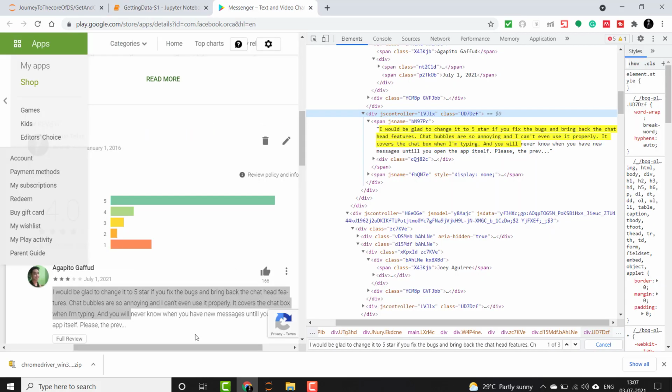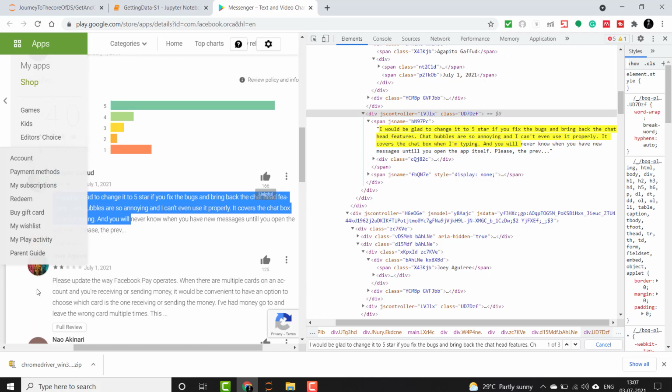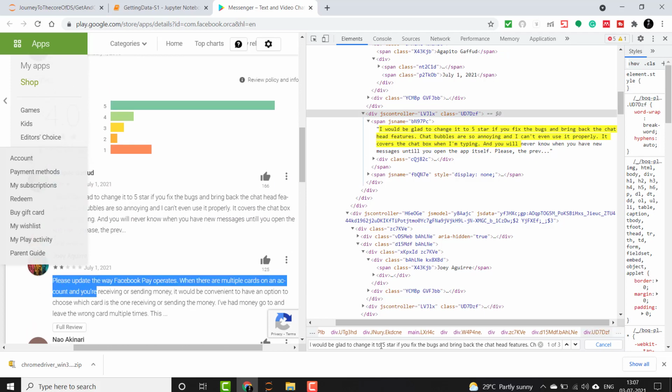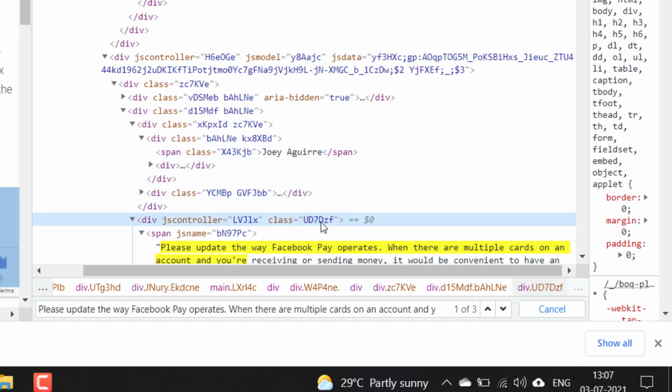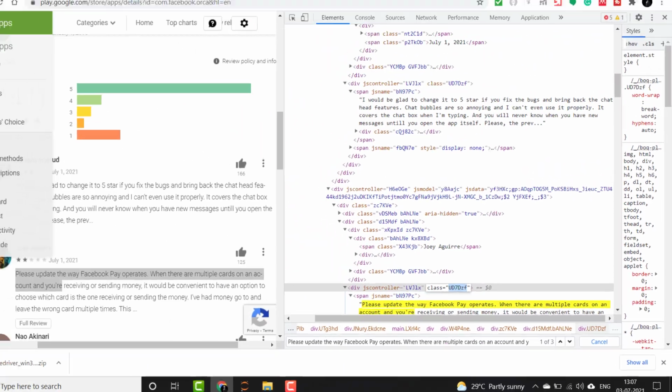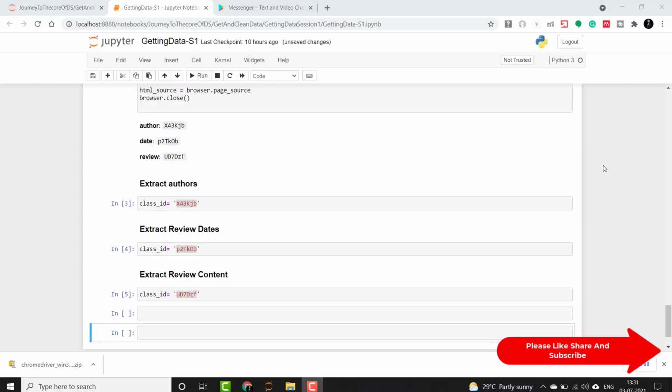If I just search another comment, you guys will see that it will have the same ID for the GS controller class, which is this.